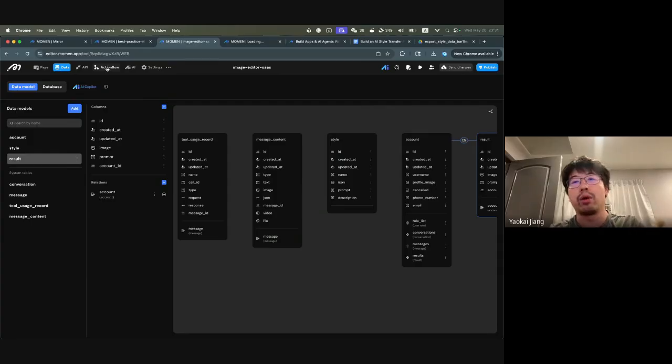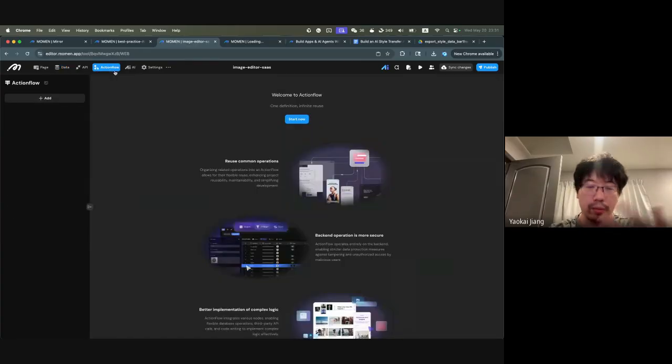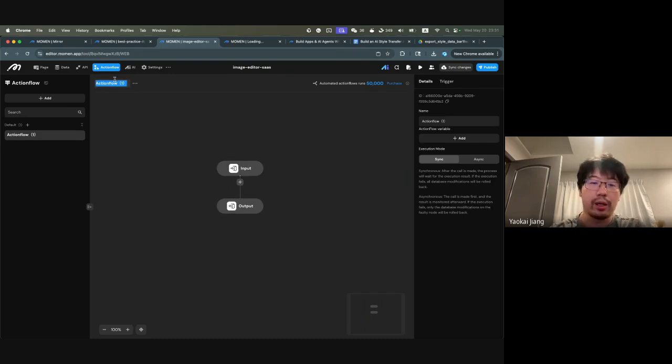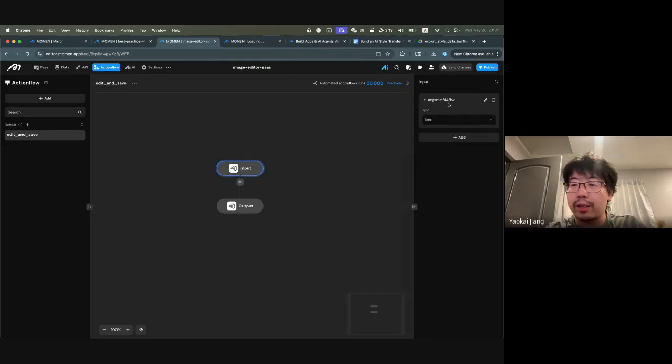In order to store stuff that's generated by the AI, you could either do it on the front end, or more correctly, you would do it with an action flow. An action flow is a workflow, a multi-step workflow that runs on the back end. So in this case, we'll call this edit and save. An action flow will take some inputs. In this case, the input would be